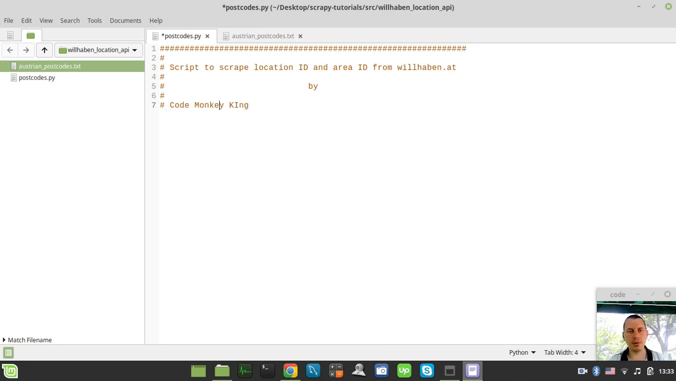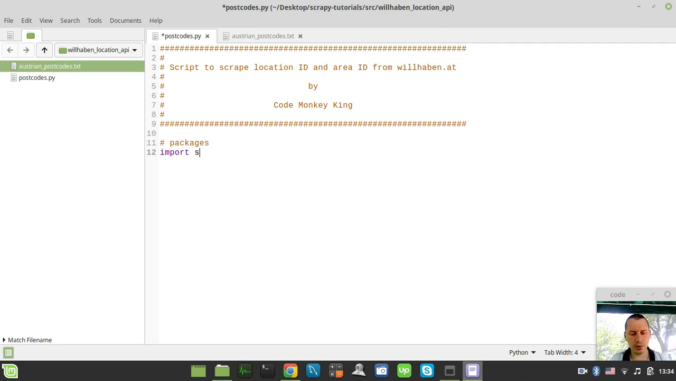Which is reference to my own self. Okay, so like this. Some sort of a signature, right, to actually identify the code later on. Okay, so the very first thing to consider, we need to import some packages, and we need to import Scrapy itself,